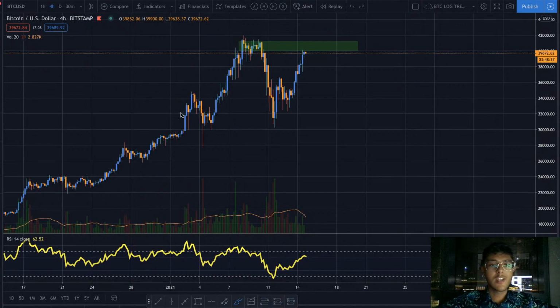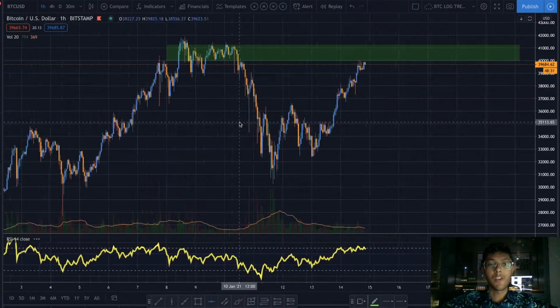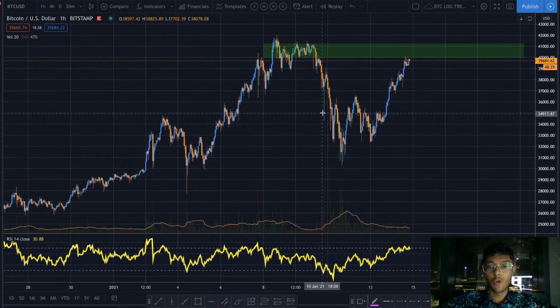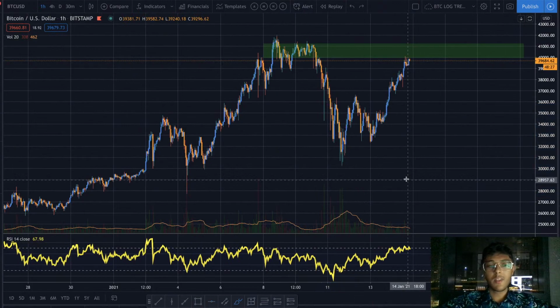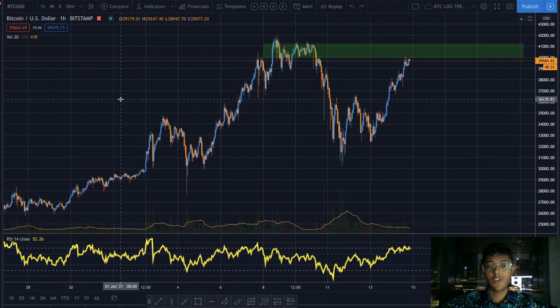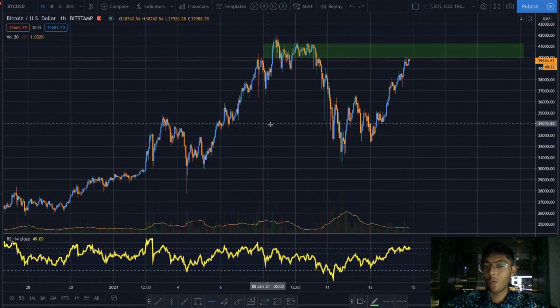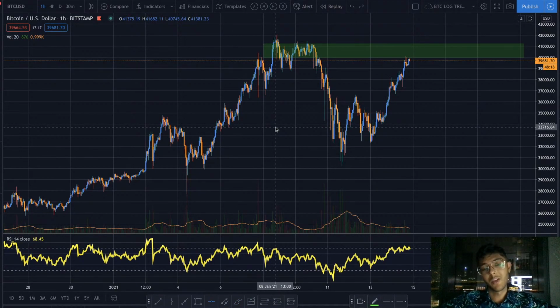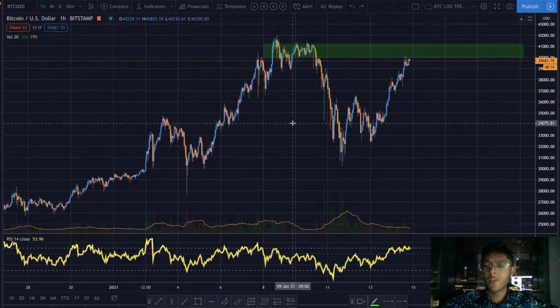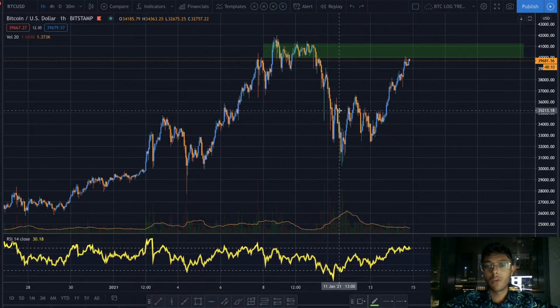As for next plays I might take, obviously I still only want to take on long positions in this market. I made this very clear before. As you guys know, I was expecting Bitcoin to drop below this level, but I still wasn't taking short positions on. I wasn't betting against the market. Even though I wanted Bitcoin to go down, it's only because I wanted to buy more and because I thought it would be healthy. But I wasn't trading the downsides because I've always thought it was too dangerous in this trend. And so the only things I want to do right now are open up more long positions,